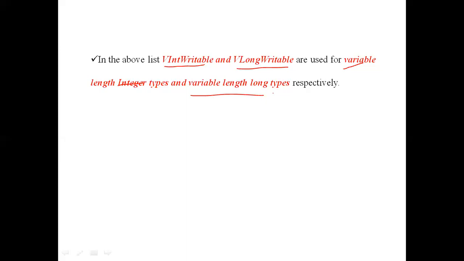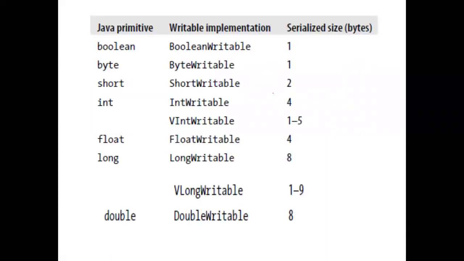The difference is that IntWritable has a fixed size, only 4 bytes. Exactly 4 bytes, whether you use it or not, it allocates 4 bytes. See, for IntWritable, what is the size? 4 bytes. So even if you store a small number it takes 4 bytes, and for a big number the maximum is also 4 bytes. Whenever we use the data type IntWritable a, immediately for the variable a 4 bytes are allocated. Whether you are using all the memory or not, there is no guarantee. So there is a chance of wastage of memory.